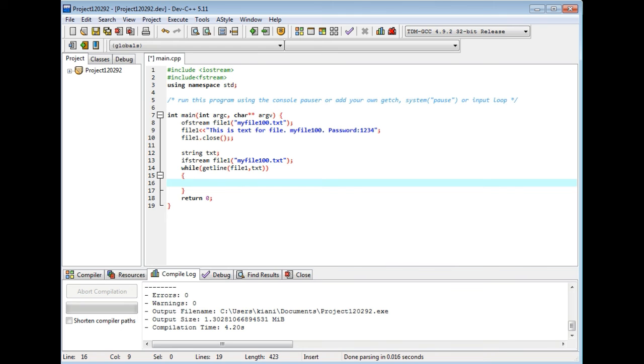So we should write cout less than sign and txt. Let's see what the output is.